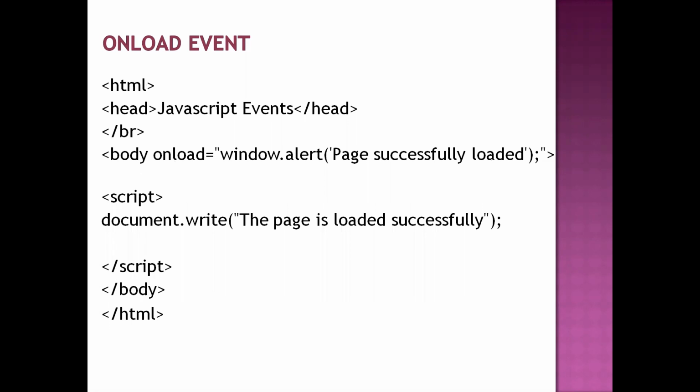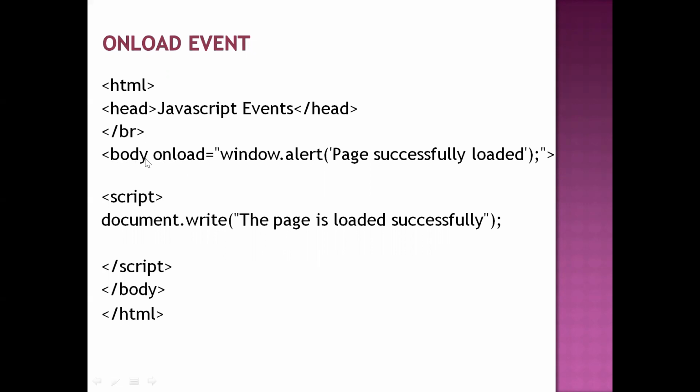Let us see the next one, the on load event. This on load event will be generated whenever your page is loaded into the window. Okay, so it will be generated automatically whenever your page is loaded into the browser window. Just see the code here. This on load event will not be generated by any external source. Automatically, whenever you click on the browser button, your window will be opened on the screen. So whenever your page is loaded into the window object, then the on load event will be generated.